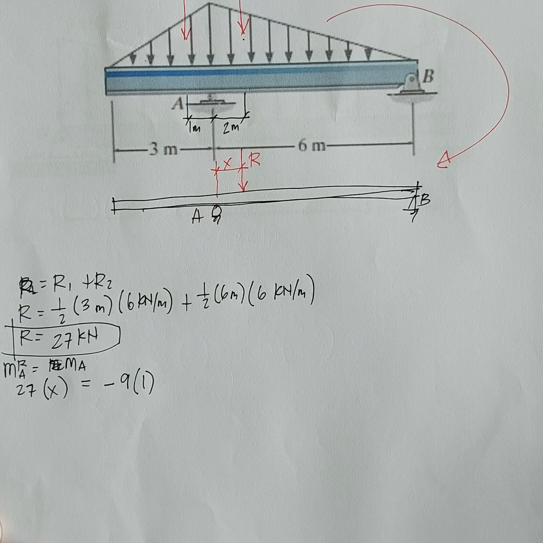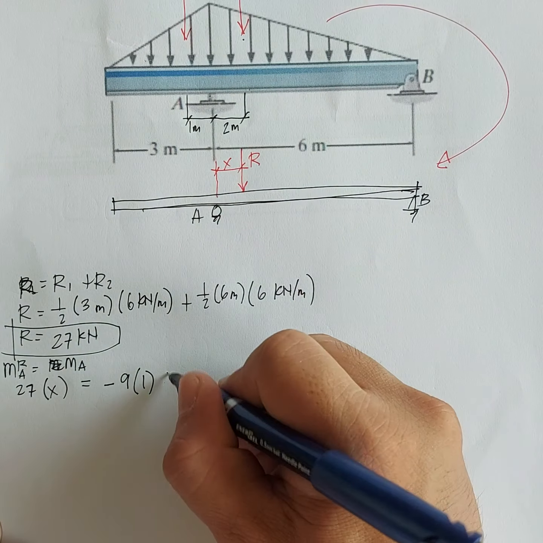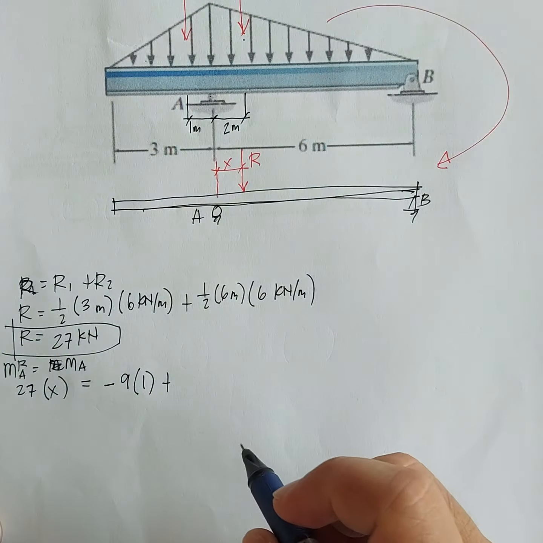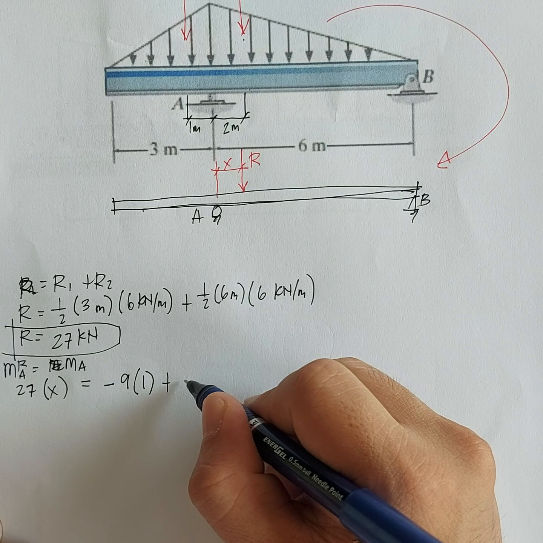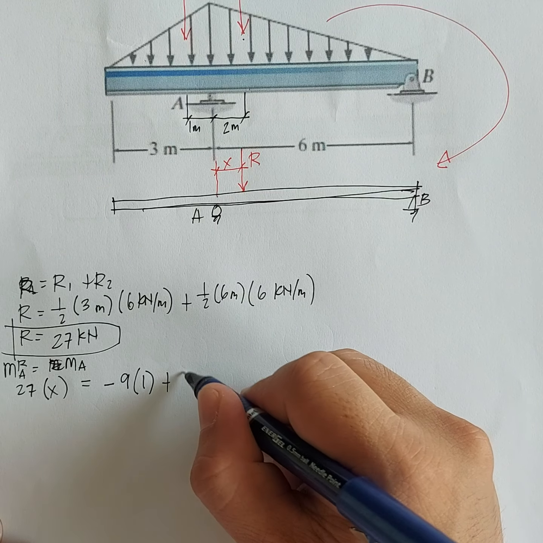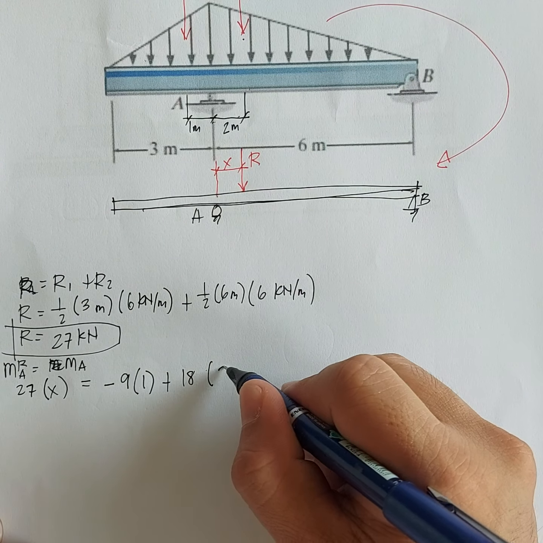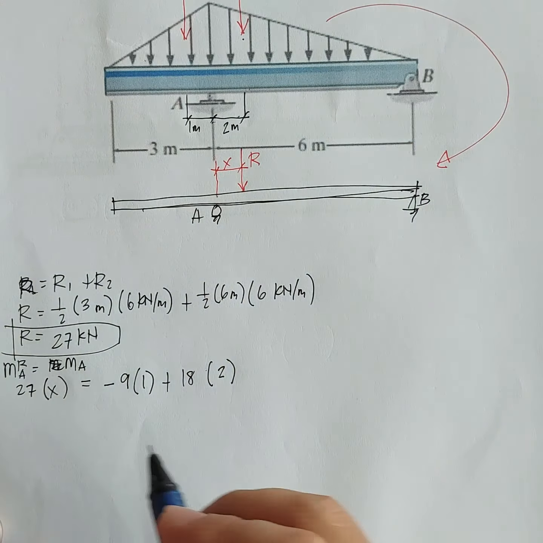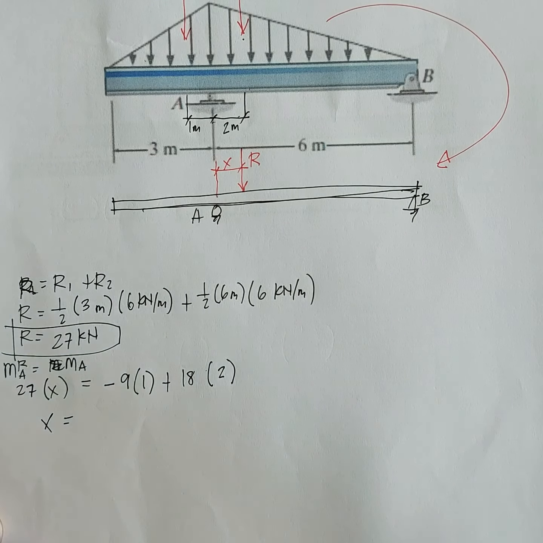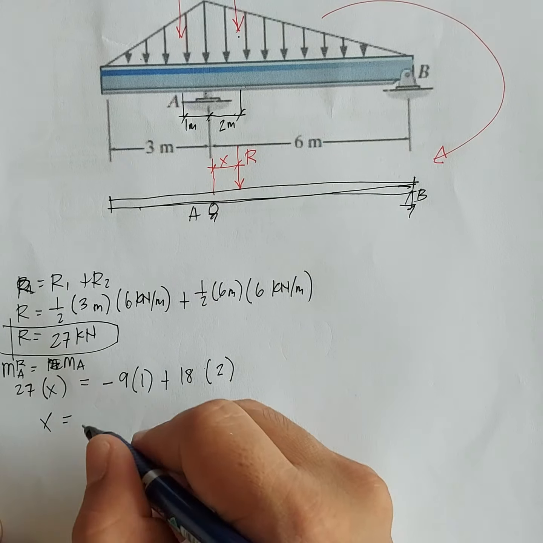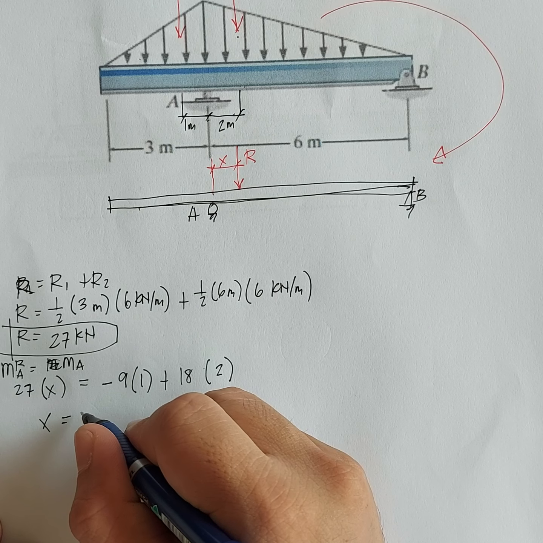It's positive, clockwise. 18 kilonewtons times its moment arm about A, which is 2 meters. So X is equal to 1 meter